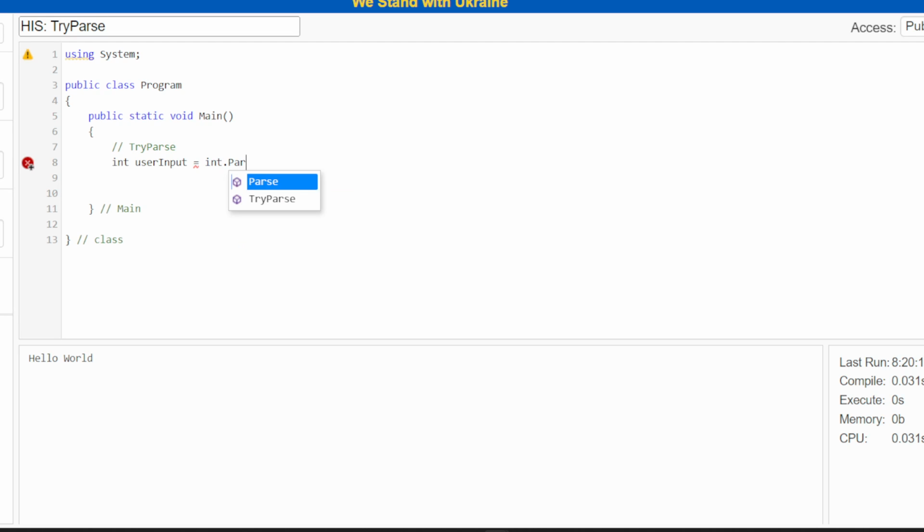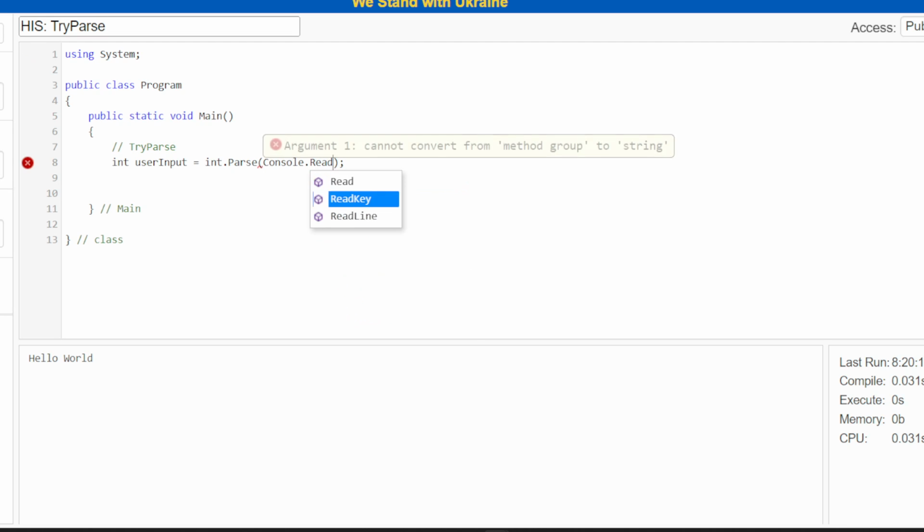So to use a parse, what we do is we take the type that we are trying to convert it to. So here we're going to do an int. As you see, I declared an int variable. I'm parsing it into an int. So int.parse. It takes some parentheses. And I'm going to do my console.readLine. So that way, if this works,